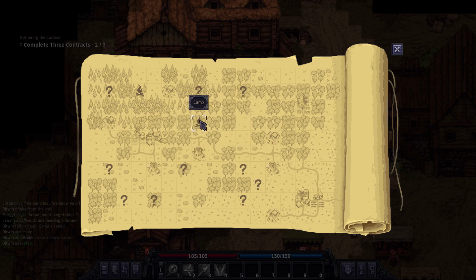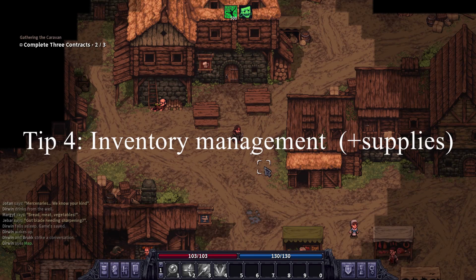You can save and then you can just go and try the outpost if you guys want to. You can also go back, sell the stuff, and save again, and then go for the...